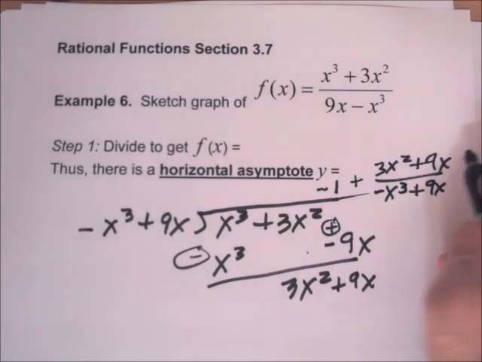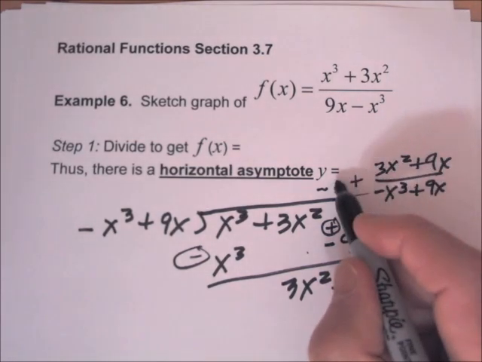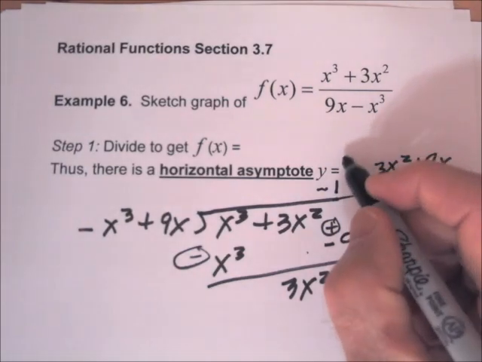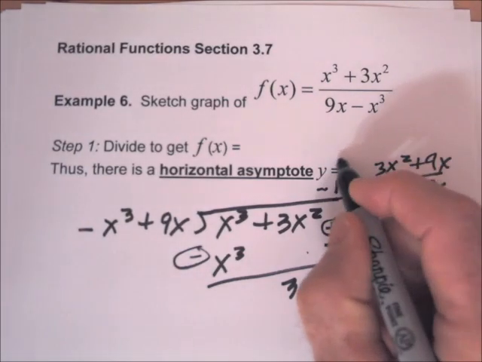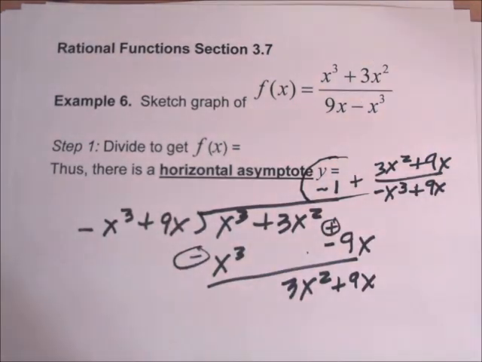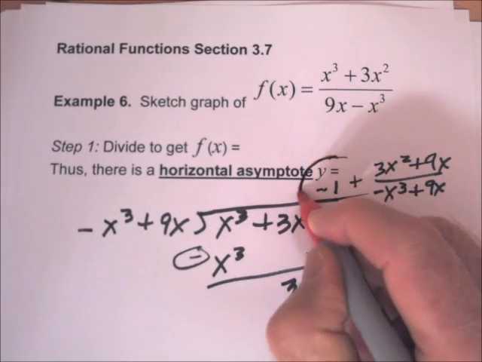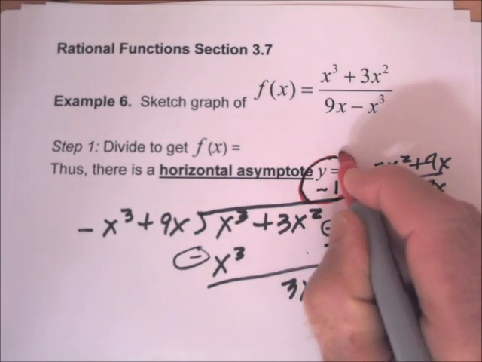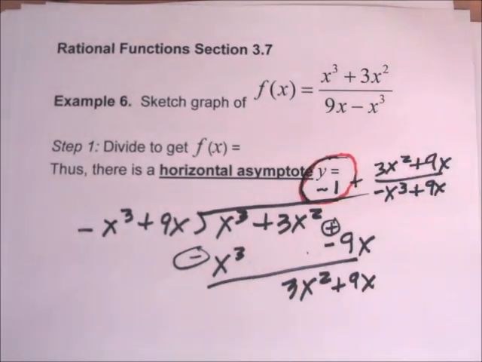Okay, so the horizontal asymptote is going to be y equals negative 1. So this is the horizontal asymptote here. Maybe I'll do a different color. This is the horizontal asymptote. It's y equals negative 1. And then